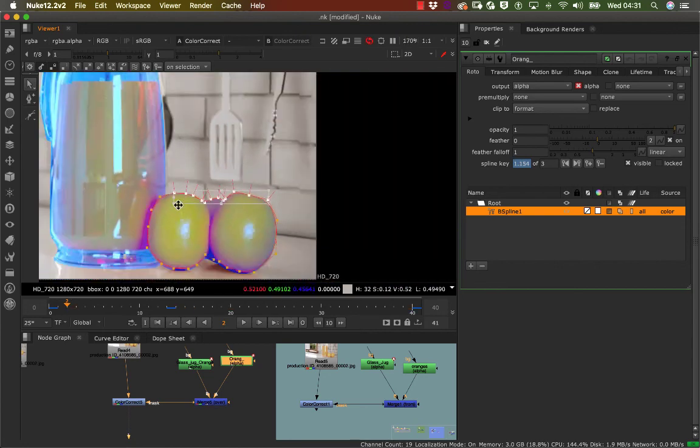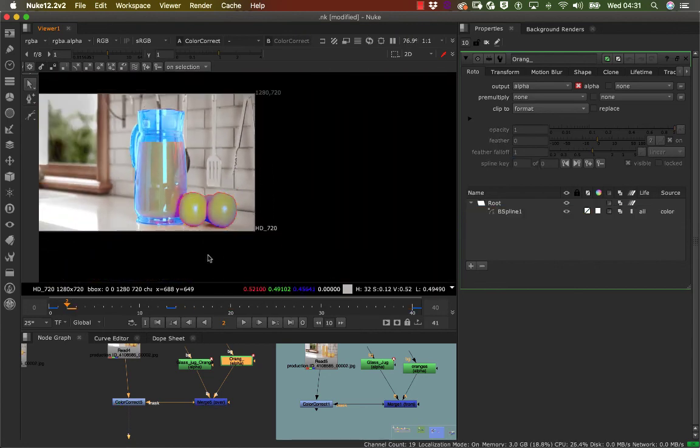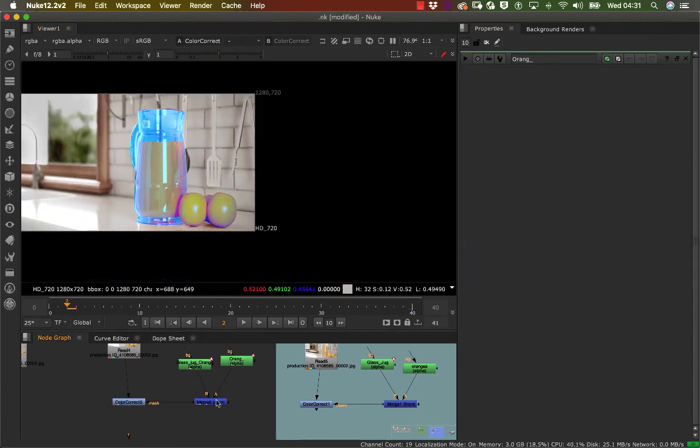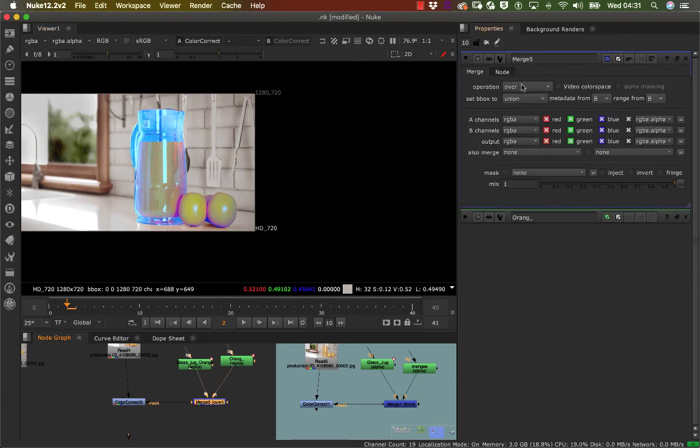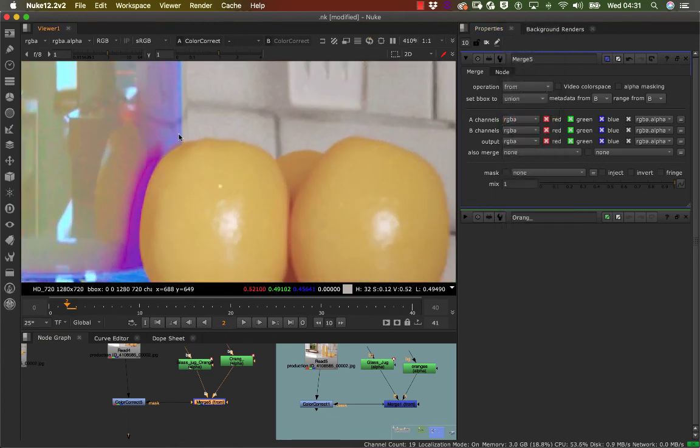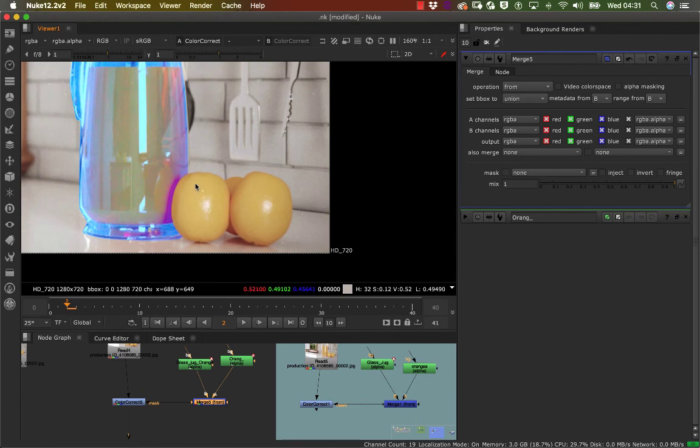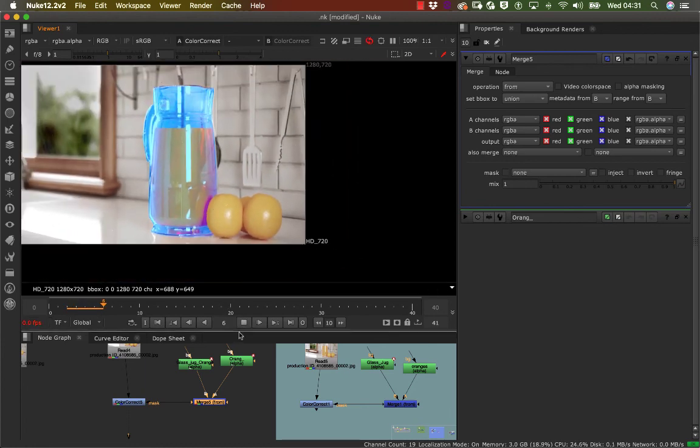So if I just come off from here and let's play this back, let's get the operation back to where it had a cut. So go from over to from. You find, remember there was an artifact coming here. If I just play this,